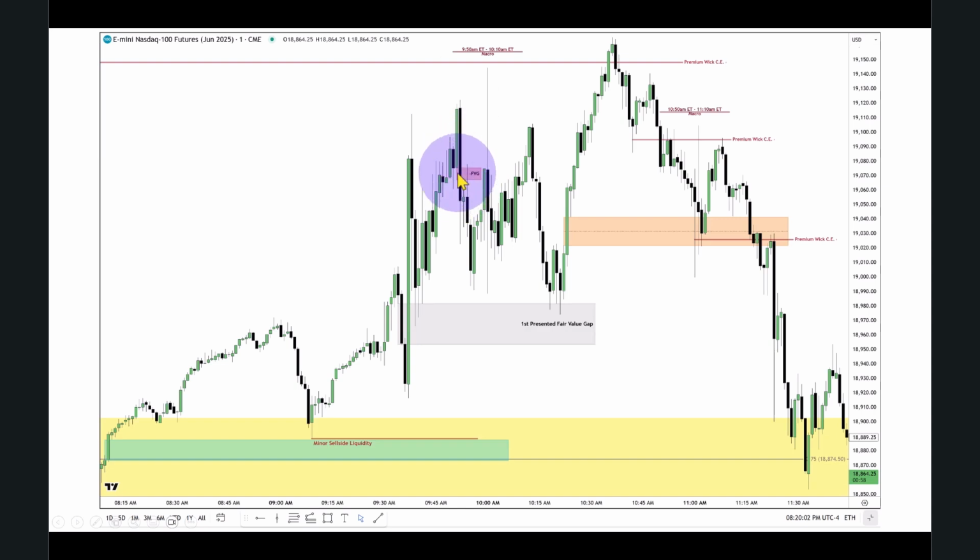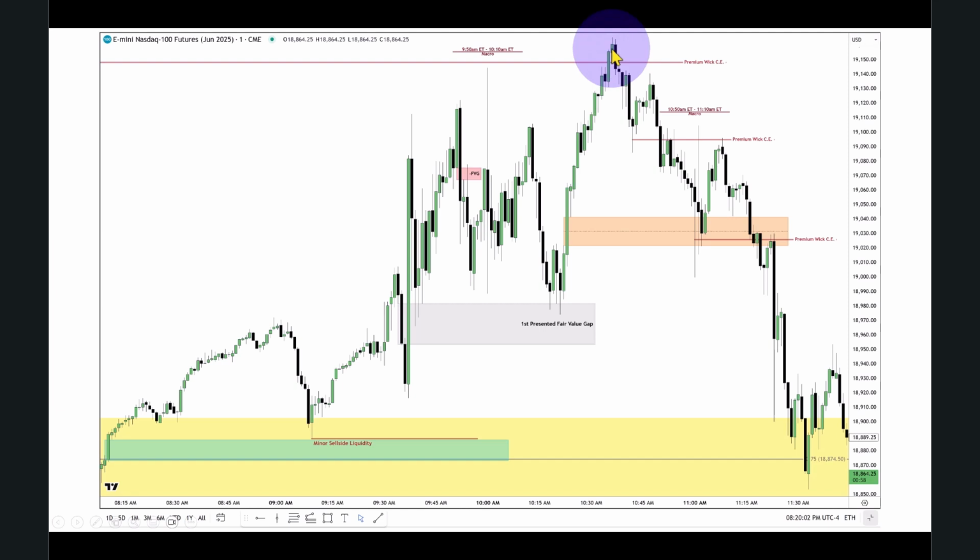Then I mentioned this fair value gap. It traded up into it, started to sell off, got real close to the first percent fair value gap, and then it does this return back up into it, and then bang, one more time. Then false rally drops down into the first percent fair value gap, then creates an imbalance here, trades to